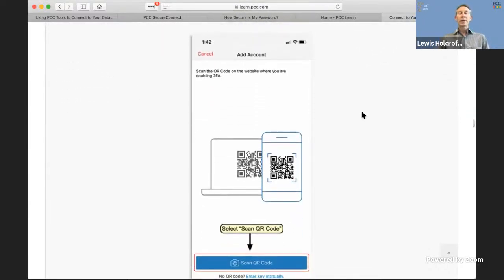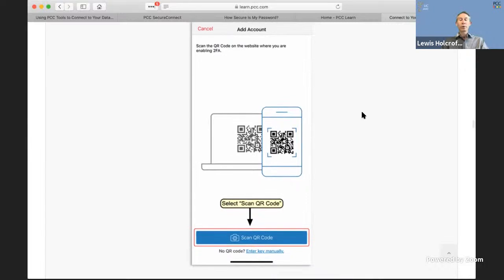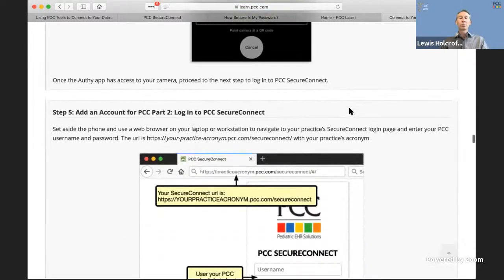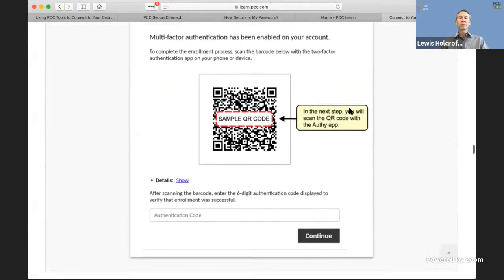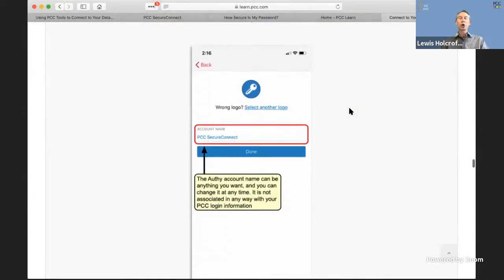When you click on adding an account, your Authy app is going to ask you to take your phone, make sure that your Authy app is allowed to access the camera on your phone, and take a photograph or point it at the barcode. Once that happens, your phone is going to present a little code on it,